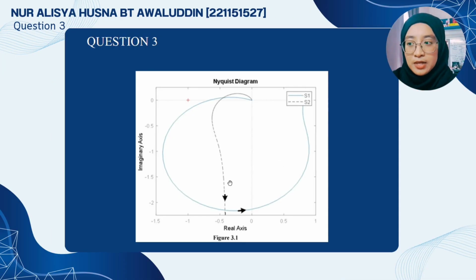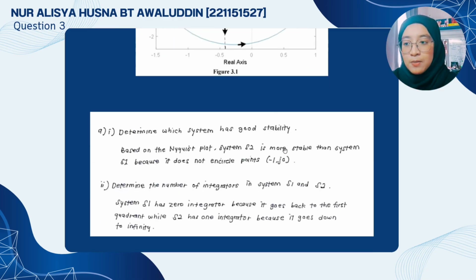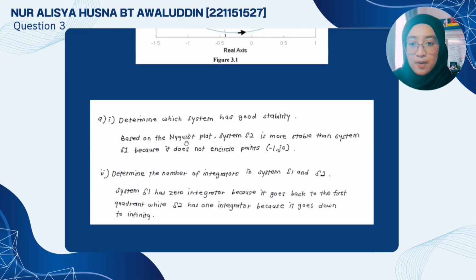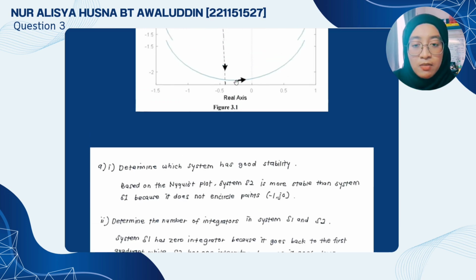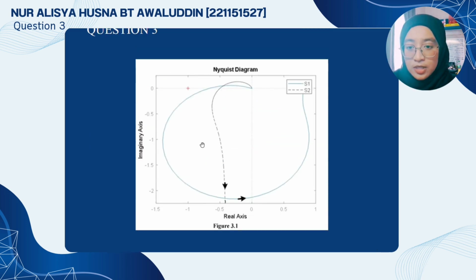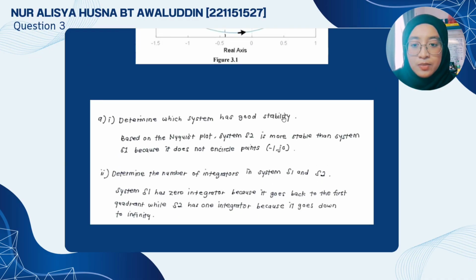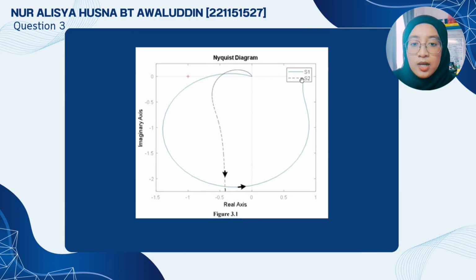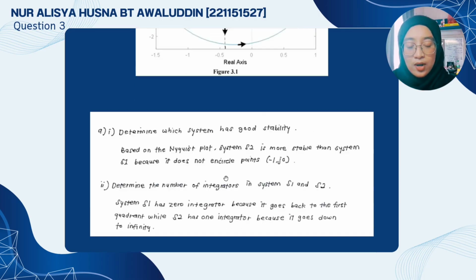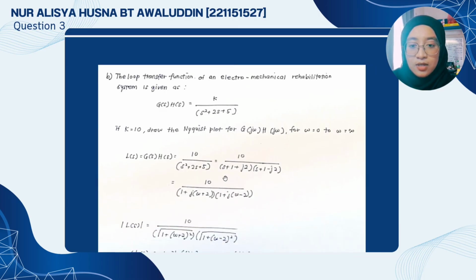Assalamualaikum. I will explain question 3. So from this figure 3.1 plot, for question A1, determine which system has good stability. Based on this plot, system S2 is more stable than S1 because it doesn't encircle negative 1. So for question A2, determine the number of integrators of the system. From the plot, we can see that system S1 has 0 integrators and S2 has 1 because the arrow goes